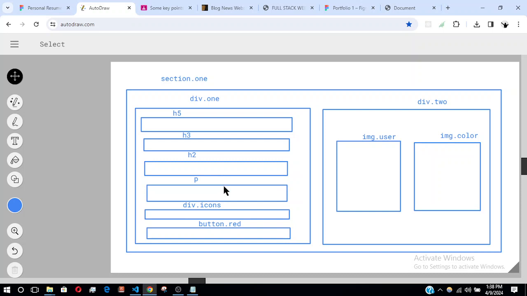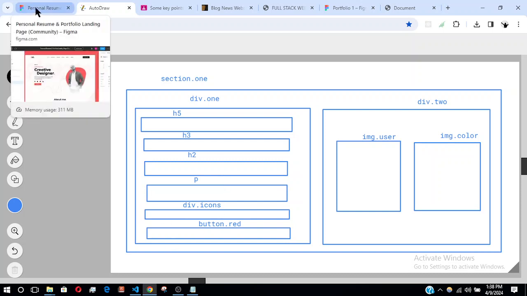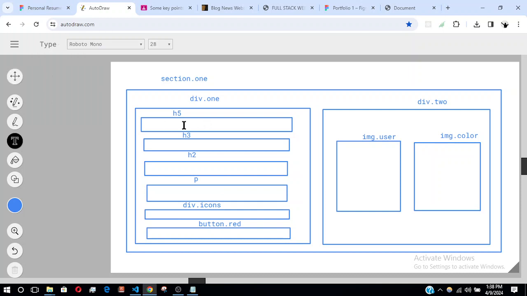So this is it. Then basically what we have here is some text. And here we have some text. And here we have some text. And here we have some text. In these icons,